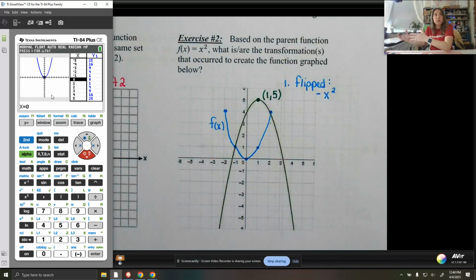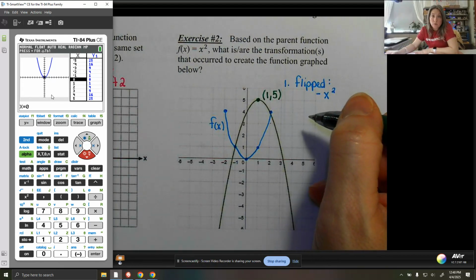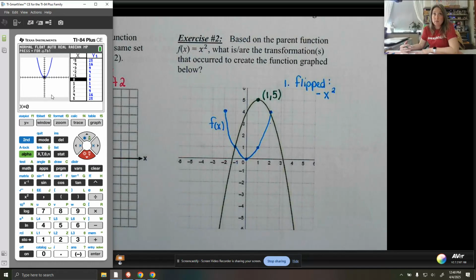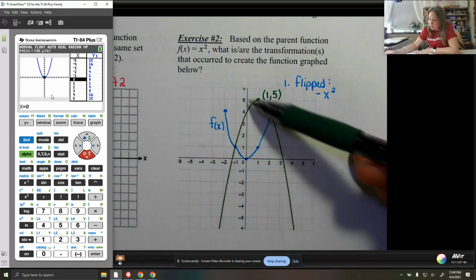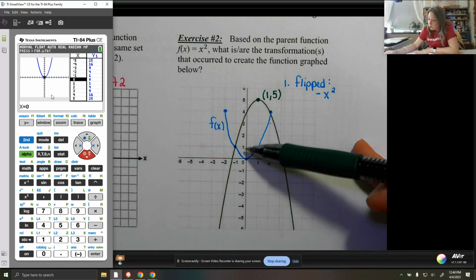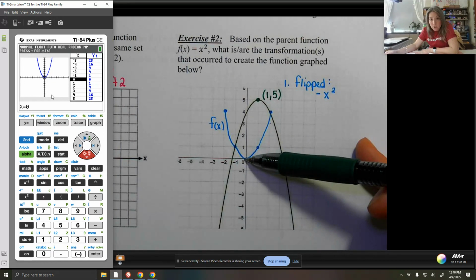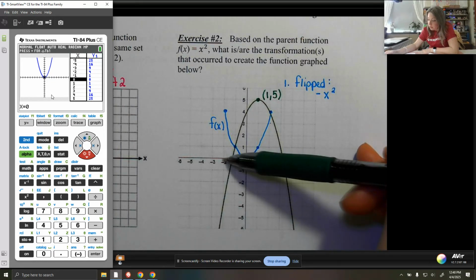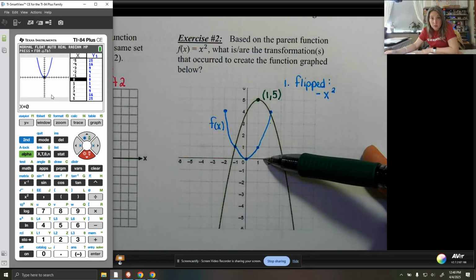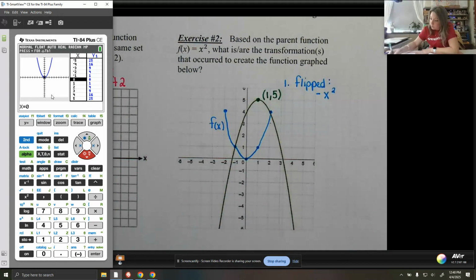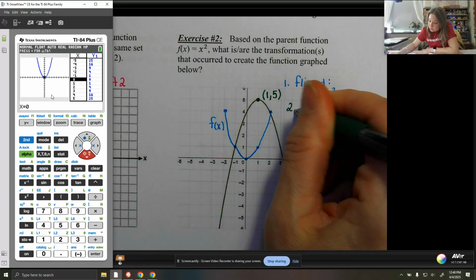We took care of the flipping part. So now we are looking at, where did I go? Did I go left or did I go right with the vertex? Well, I went right